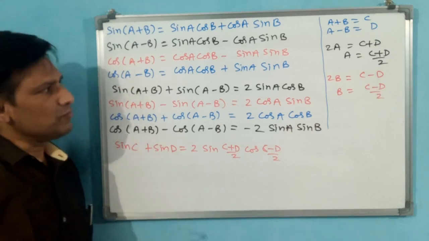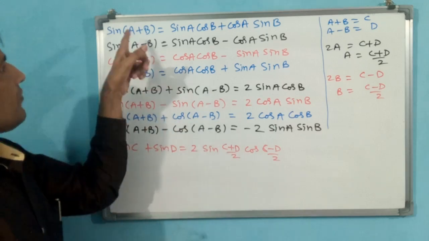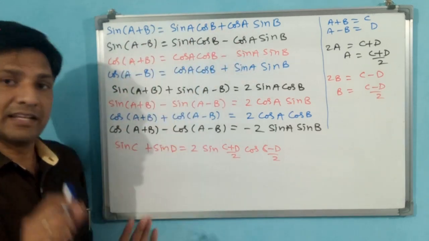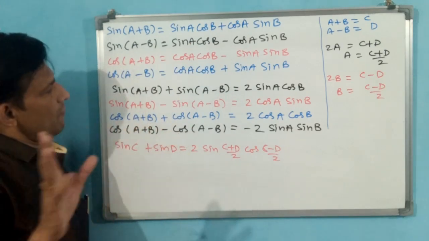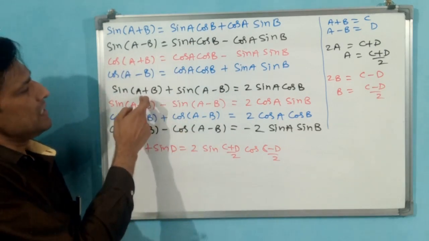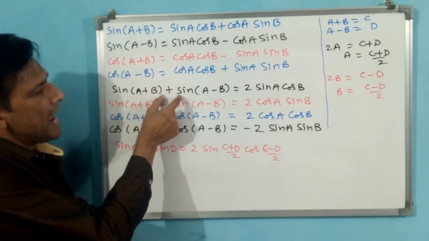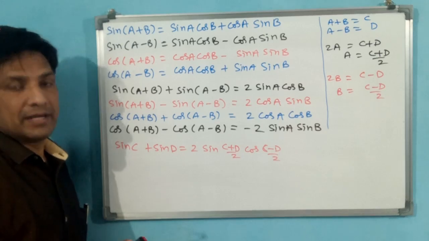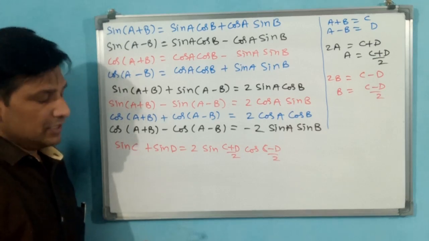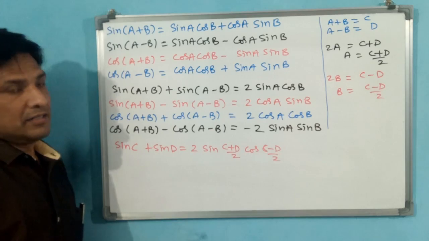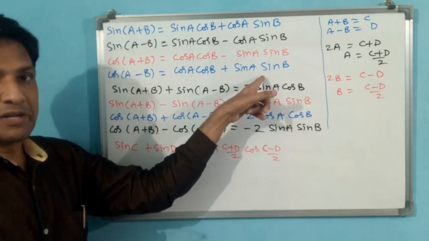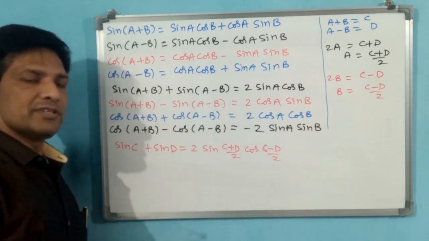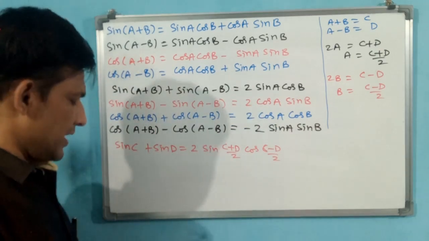What is happening here? If you observe carefully, sin of a plus b means sin a cos b plus cos a sin b. Addition is there. That is different. But when it comes to the second position here, you are adding, but it is going to become multiplication. This is very essential for doing integration. Multiplication you have to convert into addition, and addition you can do easily. Integration, like that we can do.